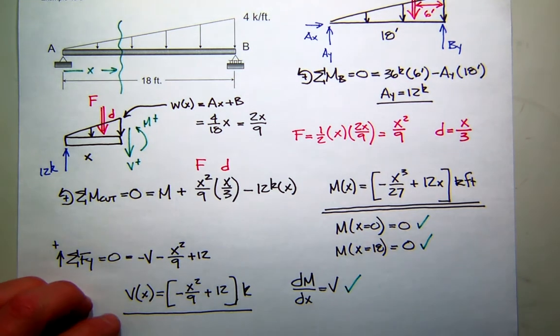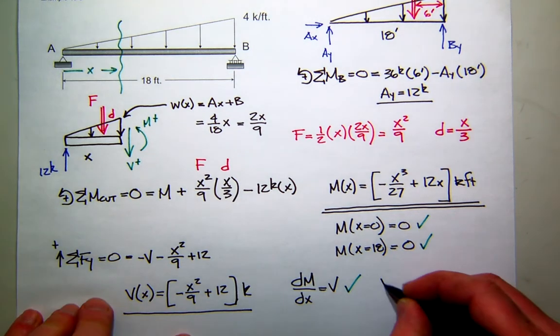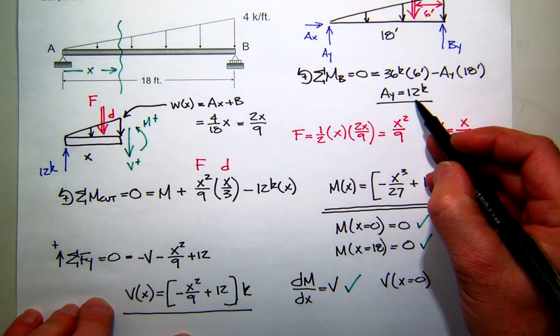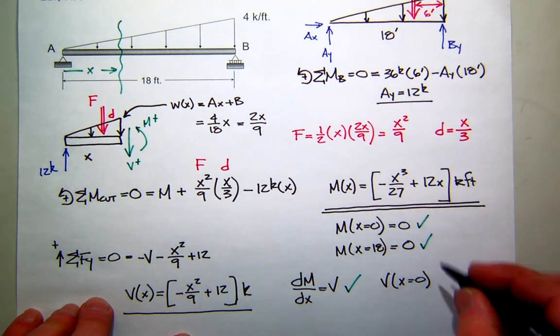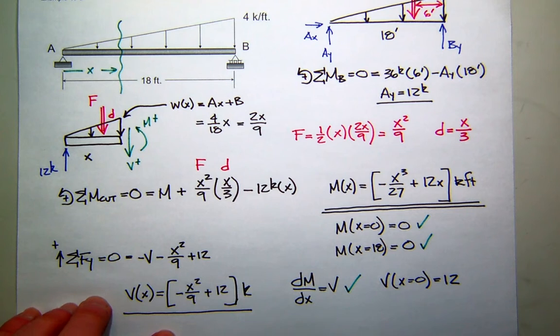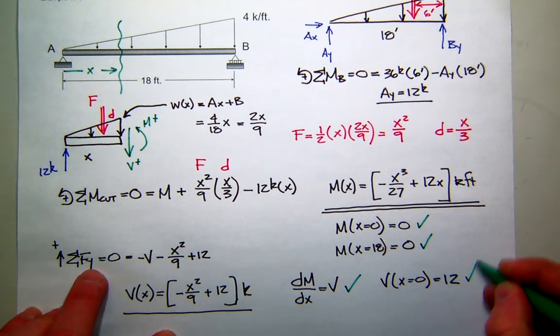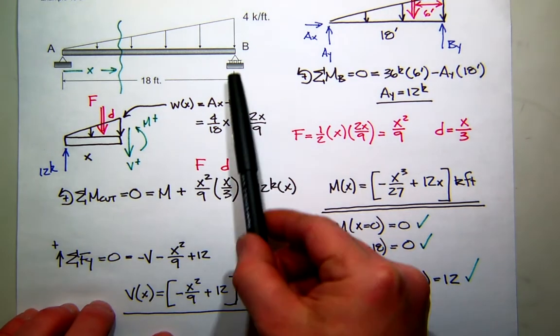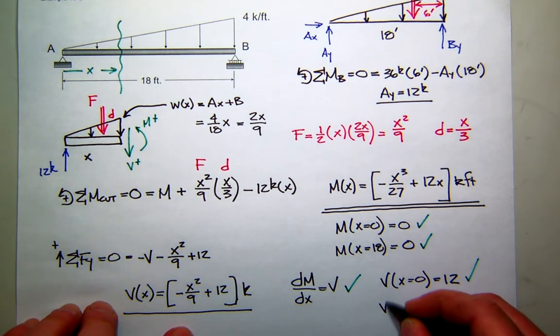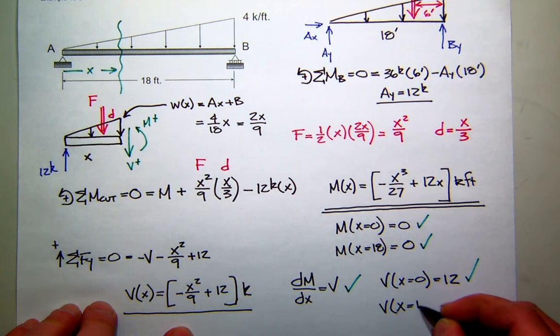So that's good. Do we know something about the shear? We know the shear at x equals 0. We found it, right? AY. It should be 12. What do we get when we plug in x equals 0? 12. Now we did not solve for BY, but I think if you look at it carefully, you'll see it's 24. And hopefully our equation at x equal 18 gives us